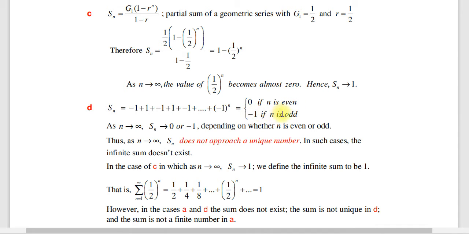And ኔጌቲቭ የሚሆነው ደግሞ n odd ከሆነ ነው። ሶ ምን ይለናል እዚህ ጋር እነዚህ ቫልዩ ተቀምጧል depending on whether n is even or odd ነው። Thus as n approaches infinity, Sn does not approach a unique number. In such case the infinite sum does not exist እንላለን ማለት ነው። ዩኒክ ወደሆነ ነምበር አፕሮች የማያደርግ ከሆነ the given value does not exist or infinite summation does not exist እንላለን ማለት ነው።